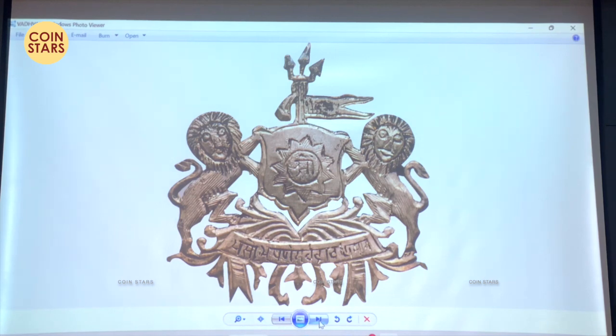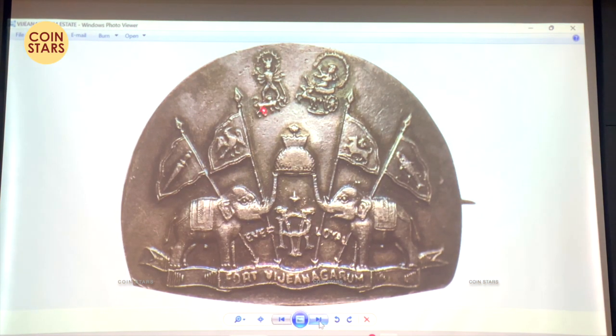Next. This is Vijayanagaram in Andhra Pradesh. Very decorative monogram. Two elephants holding the crown and flags with different lucky symbols. And those people who have heard the radio commentary of cricket in the old times, there was a Vizzy who was very famous in giving commentary. He was from this state. He was actually the first captain of India. Okay. He was called Vizzy.